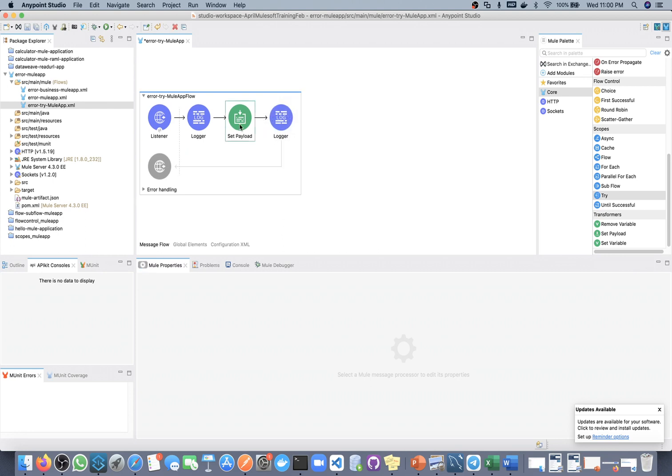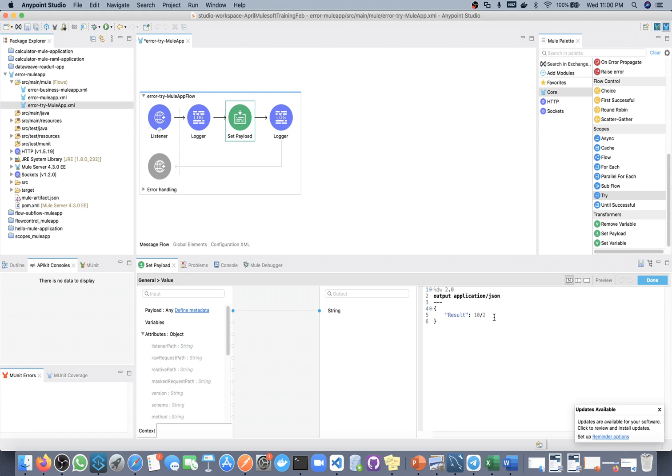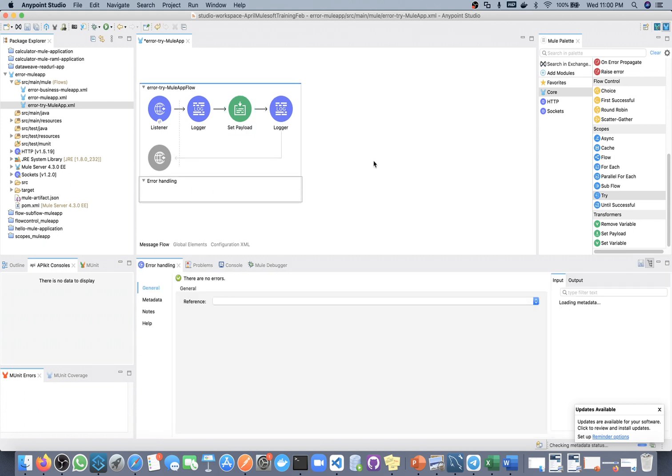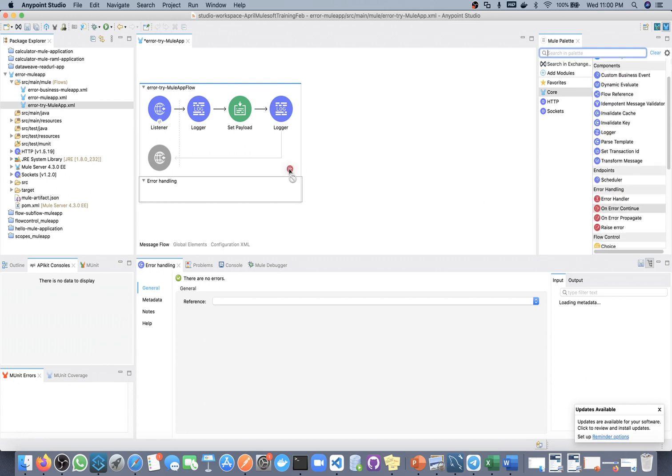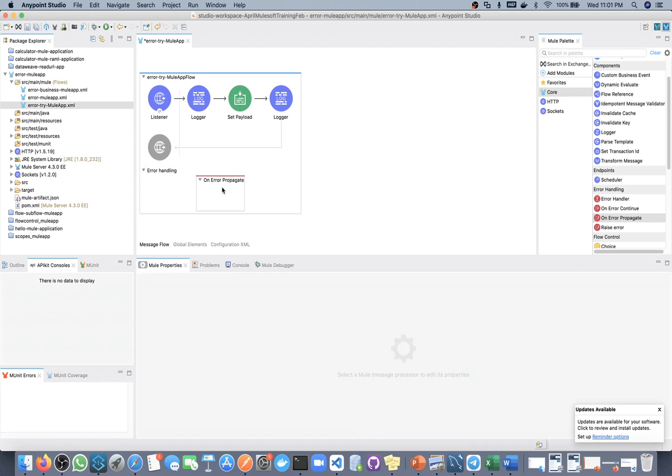Okay, let me first create an error in this case. So what will happen if there will be error? What I will do, I will handle this using on error propagate or continue, anything is fine. So let me configure on error propagate, and here it will handle any kind of error.